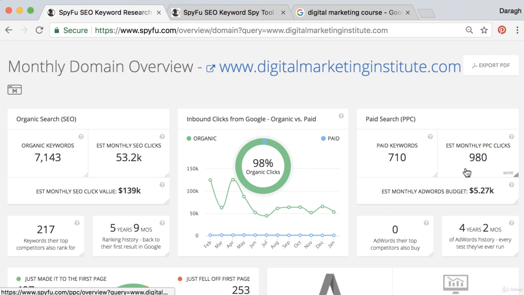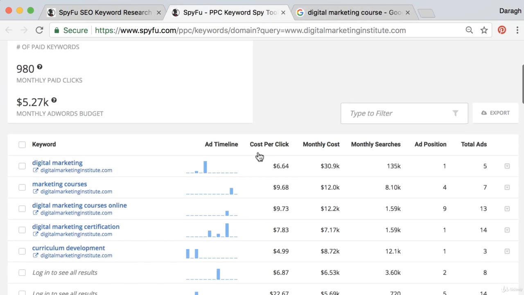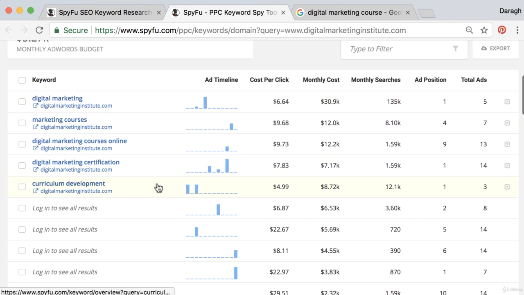Now over on the right hand side, we have information about their paid search. These are the keywords that they're actually paying to be at the top of the search results for. And the really interesting thing to note straight away is that they're only paying for 700 keywords. So you can look across and see, wow, that's almost exactly 10%. And so these must be the most valuable keywords. If they are paying for these, they must be the most profitable for them to appear at the top of the search results for. And if we open this up again, we can see a preview of what those keywords are,